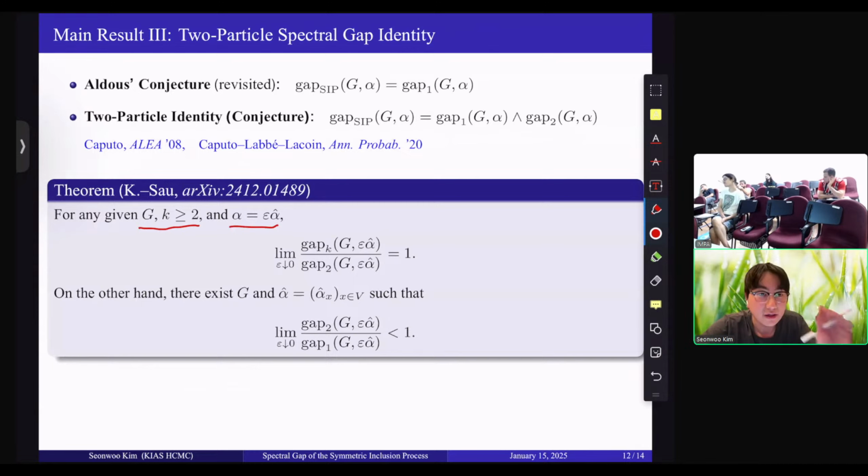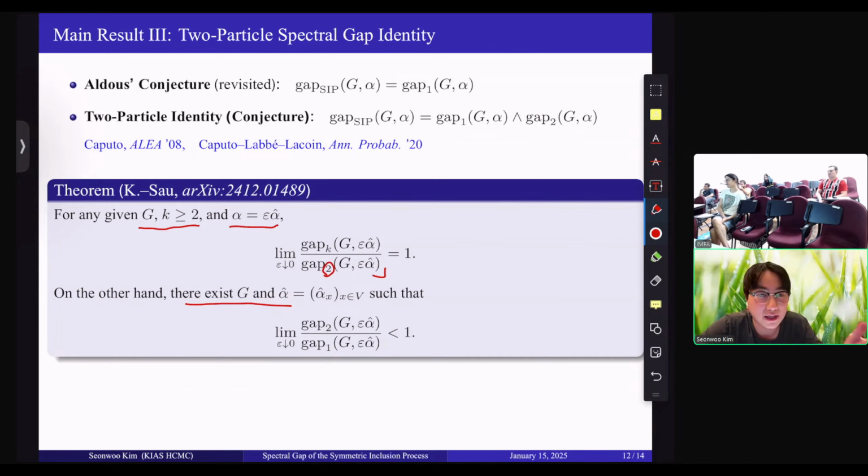So gap k over gap 2, when epsilon goes to 0, asymptotically converges to 1, which means that they are quite the same value. But on the other hand, you can see the constant 2 here, and if you change 2 into 1, there exists a certain